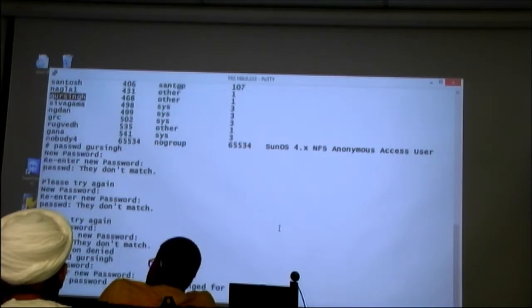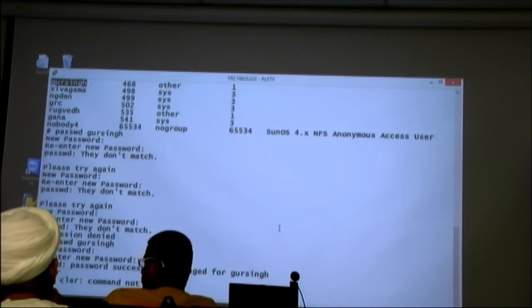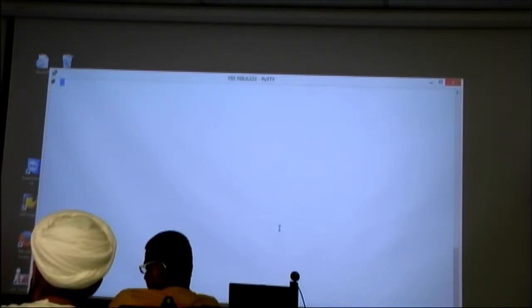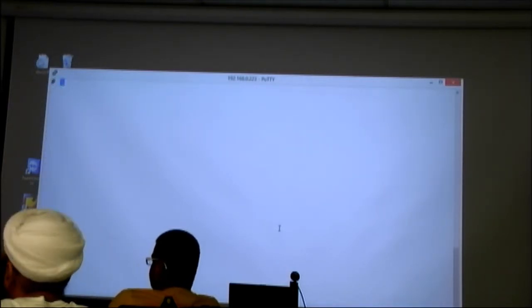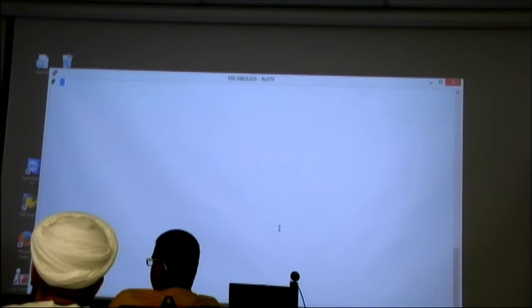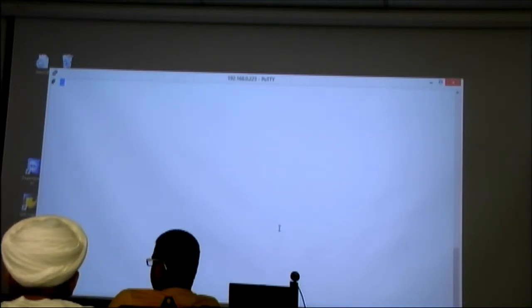I meant to ask you, all the Solaris labs can be done with a standard user account, it doesn't need administrative level, right? It can just be a regular account. Only for Solaris 23 you don't have root permission. If you need administrator, you log into another machine, which I'm going to show you now.